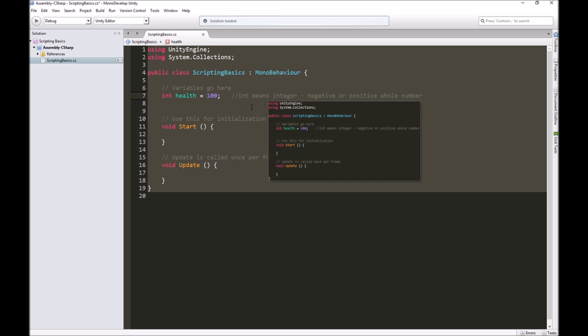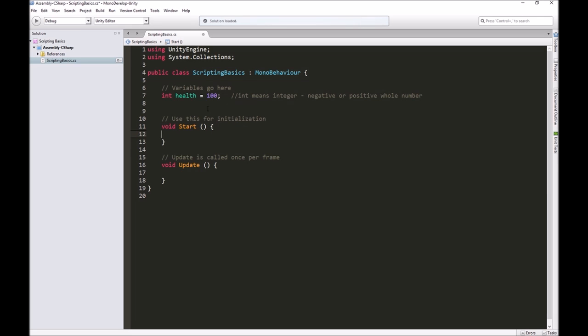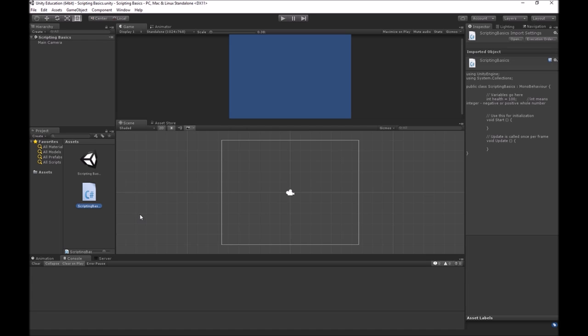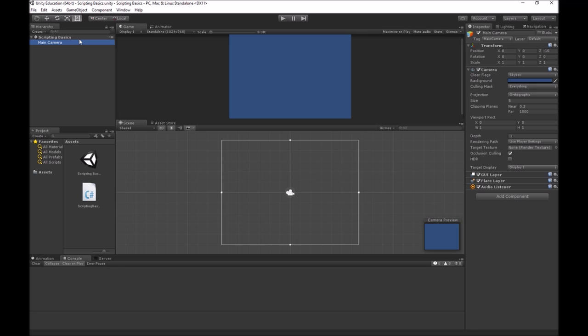So just to demonstrate what we're doing here, let me just save this script. Out in Unity, for a script to run its code, it has to be attached to something in the scene. So the only thing in the scene right now is just a camera. This is an empty scene. So I'm going to grab my script and I'm going to drop it on my camera so you see it over here. Now you see there's nothing listed, there's no variables listed in the inspector